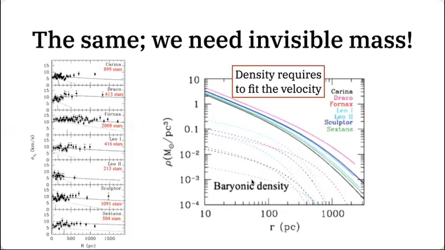On the other hand, if you take into account the stars and gas, that's what you call the baryonic density, it is far smaller than the total mass that we inferred from dynamics, right? So that's another evidence of dark matter. So we have some invisible matter that contributes to the dynamics of stars in the dwarf galaxy, stars and gas in the galaxy, and galaxies in the galaxy cluster. Those are the firm evidence in astronomy for the existence of dark matter.